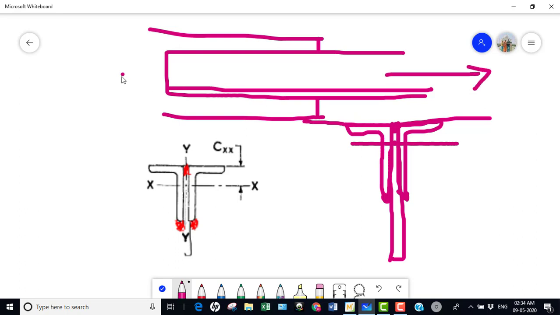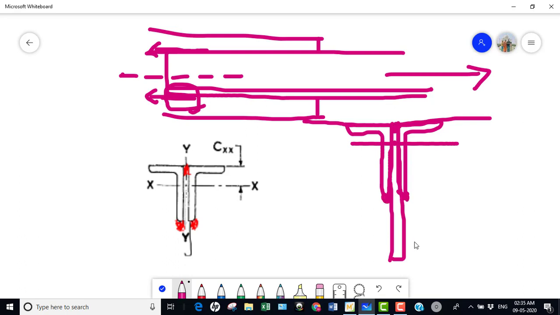This is the CG of my angle. It is not the center of the leg, it is the CG. Here your weld should be here, and your other weld will be like this. So here your weld force should be taken like this. Please refer to your design of steel structures course, where you will get that this length may not be equal because your force is not passing through the CG of the connected angle. So therefore here you have a different length.